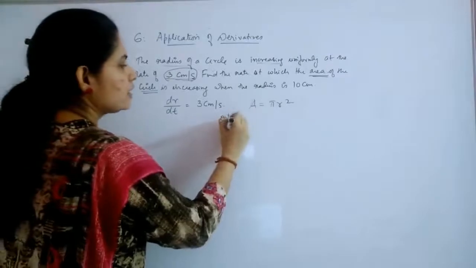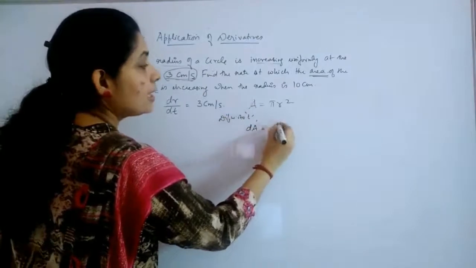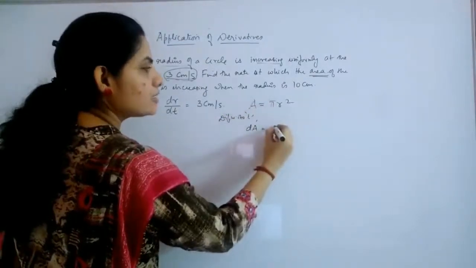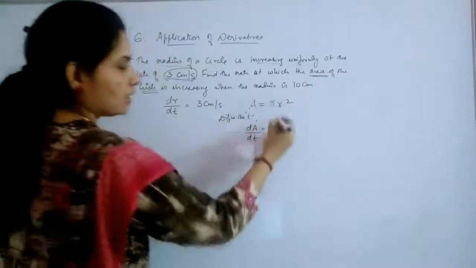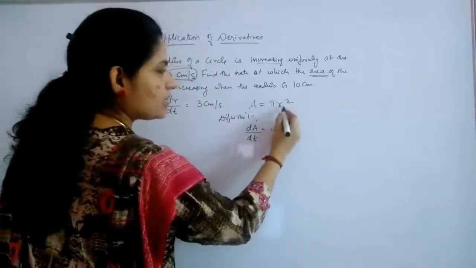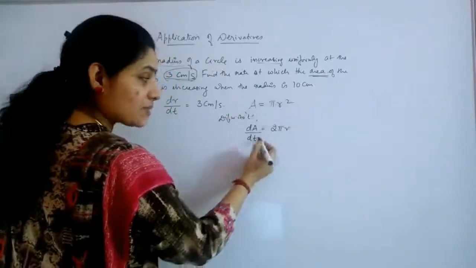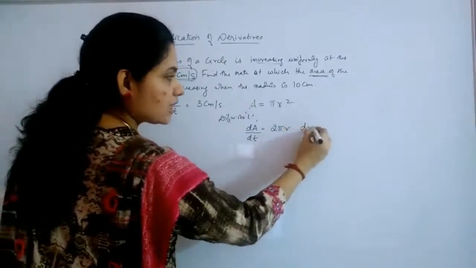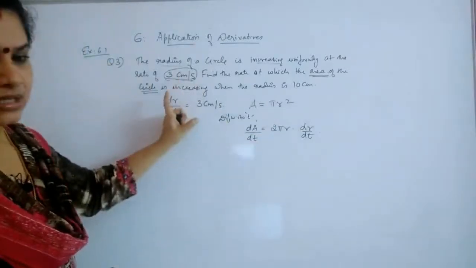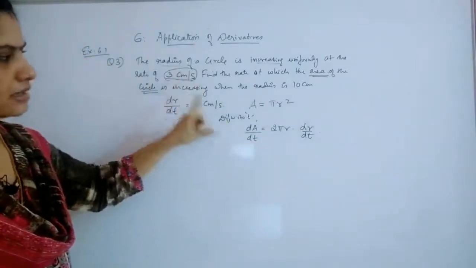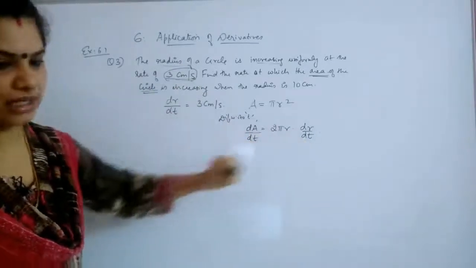Now you are differentiating both sides with respect to t, so that you will get dA by dt is equal to, differentiating with respect to time, 2 pi r, that is pi into derivative of r square with respect to t. This is with respect to t, which means you will get dr by dt also here. In some other cases, it will be mentioned that it is with respect to radius, so you will get only till this point. But since it is with respect to time, you have dr by dt also there.